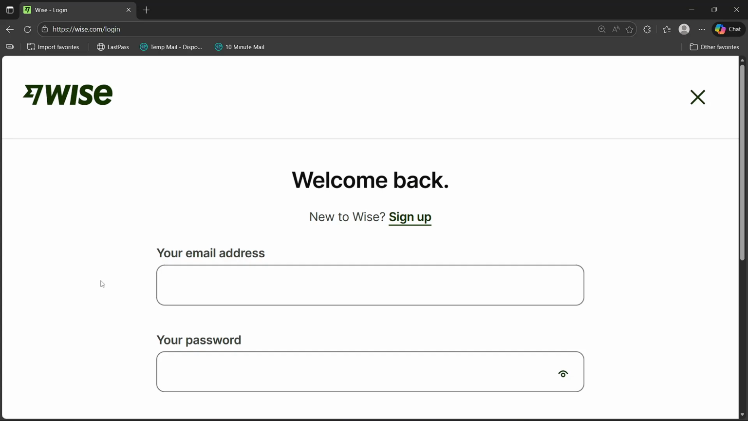And then of course, you have to manage the members by adjusting their roles, permissions, or remove members anytime in the team management. And that's how you can add your team members to Wise Business, and this will ensure a smooth collaboration and payment